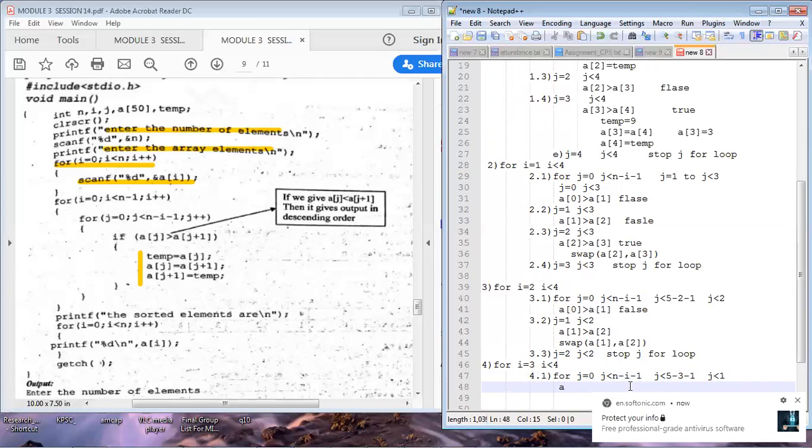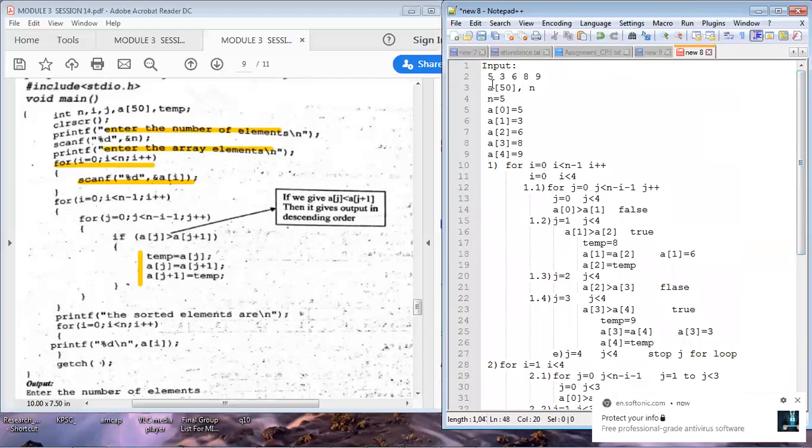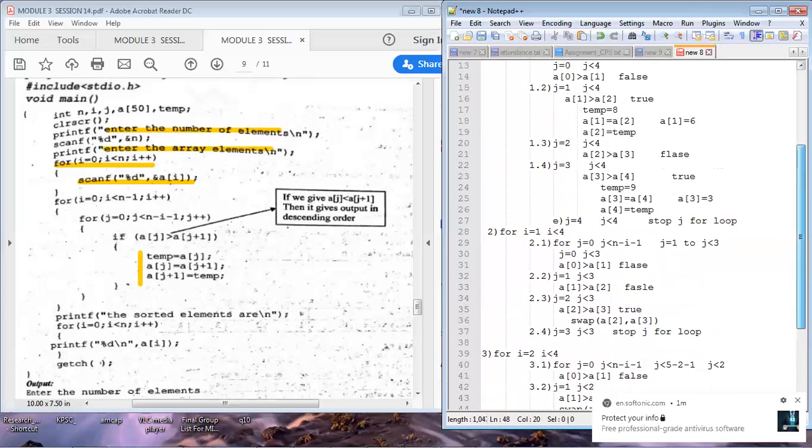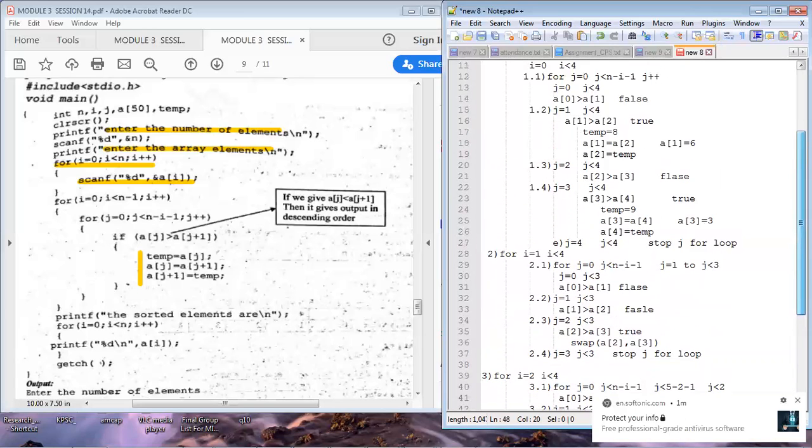Inside this, we are checking A of 0 is greater than A of J plus 1, A of 1. Is this condition true? No, because A of 0 is 5. Somewhere we did not swap. Where did we miss it?